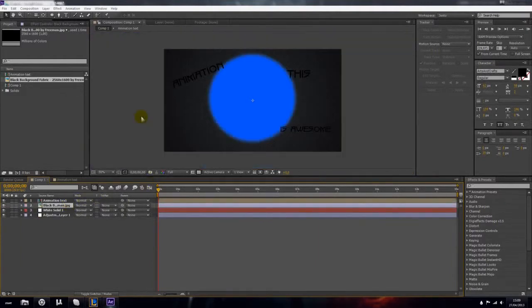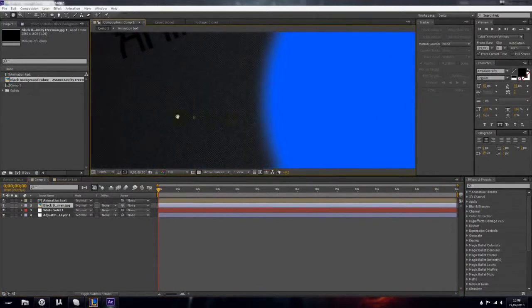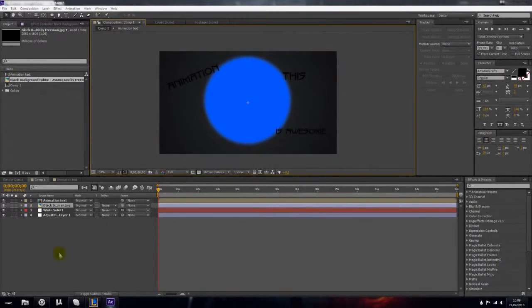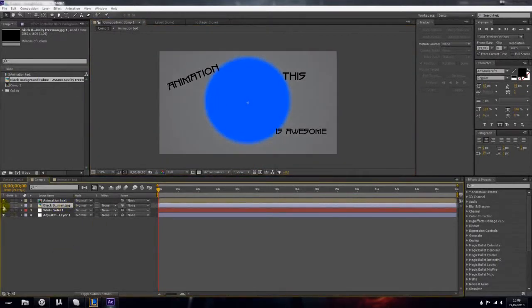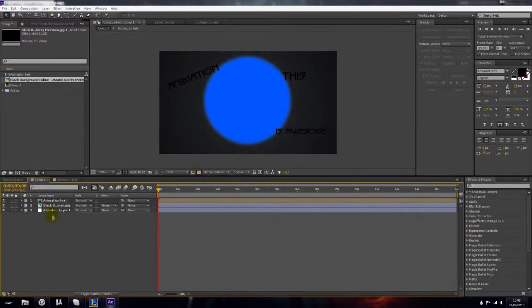So this is an awesome texture. As you can see, nice, highly detailed, kind of awesome. And you can see it looks a lot better than a white background. So let me just delete that white background over here. Let me drag that adjustment layer on top of here. And now we're going to